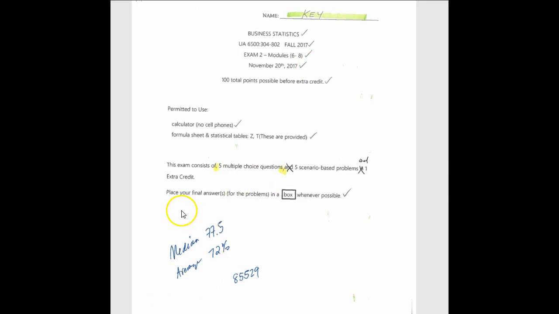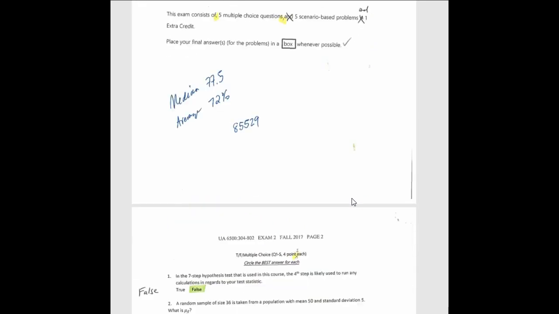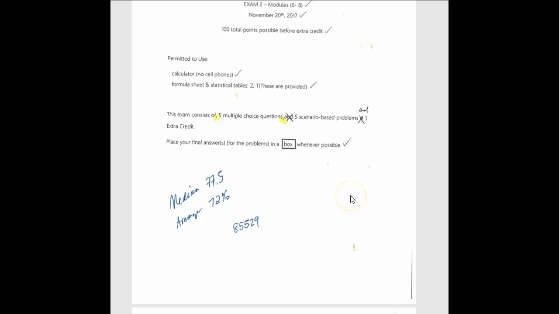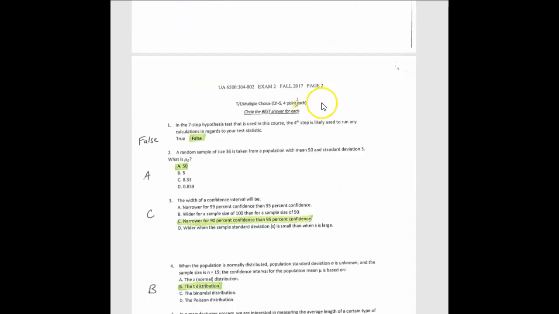There was a median score of this exam, and then an average score, and then apparently the number 85,529 for whatever reason. I don't recall. All right, actually, I do think I remember what that was. I think that was, never mind. Okay. Anyways,